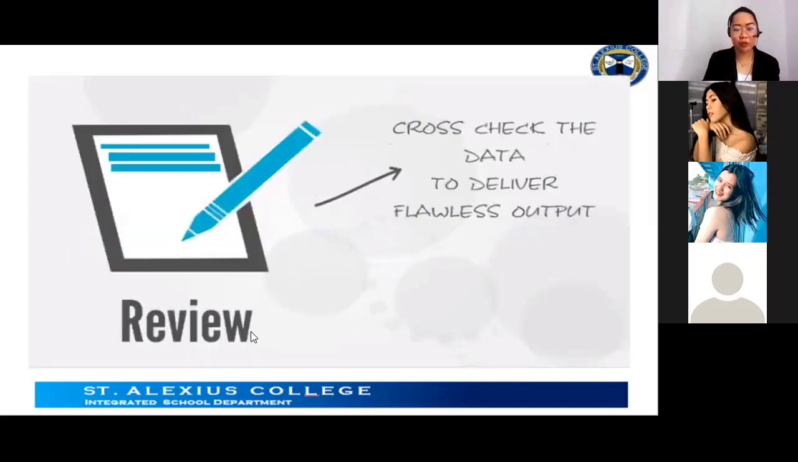Next is review. Okay, now nag-design ka na, no? After designing, you have to review your work, okay? Cross-check the data to deliver a flawless output, no? Of course, before we're going to launch our output, i-review natin yan. Baka may typo error, or baka yung balancing ng paggamit mo ng mga text doon, yung balancing ng color or halimbawa, resort, ano ba yung pwedeng color na gagamitin natin na mas ma-emphasize kung resort yung gagawa natin ng website